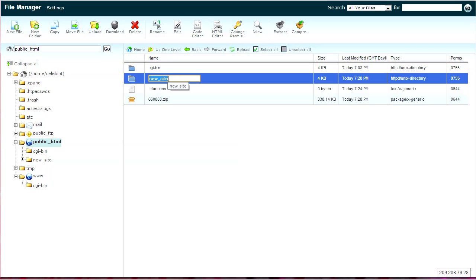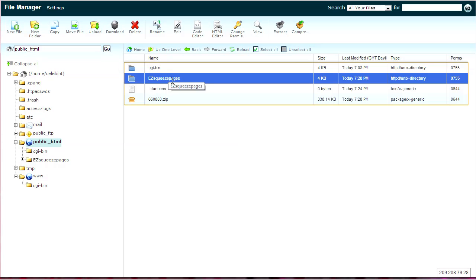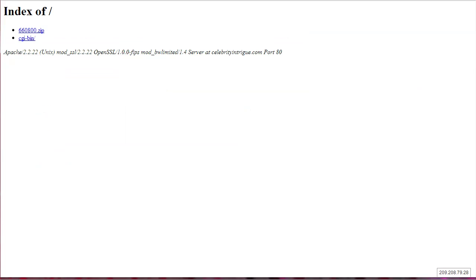So if I want to call this squeeze pages or something, well, I'll call it easy squeeze pages, because that's what it is. Okay, that's going to rename that folder. I'm just going to copy and paste that name there so I get it correct. And now if I go to my domain name, there we are, / and the name of the folder we just created,